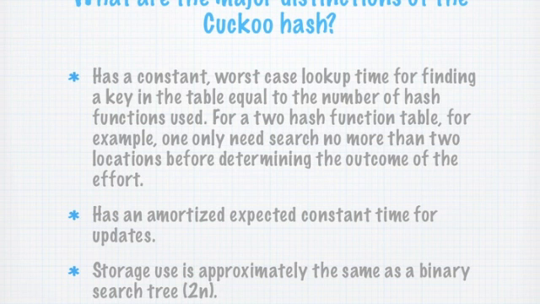Updates. Because every now and then you're going to run into one of these closed loops that causes you to rehash the whole table, there's some basic science that says that if your hash functions were reasonably random in their behavior, there is a predictable amount of time that you will spend updating your tables and inserting new keys. Storage use, I guess I did this twice, is the same as a binary search tree according to the authors, about